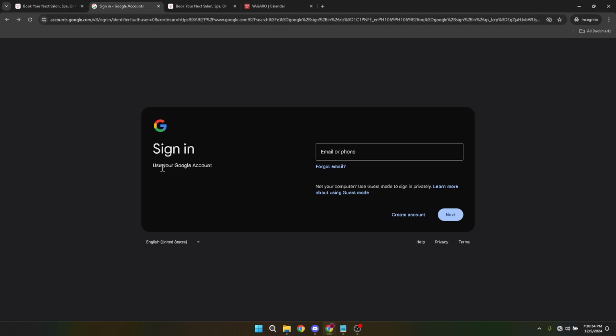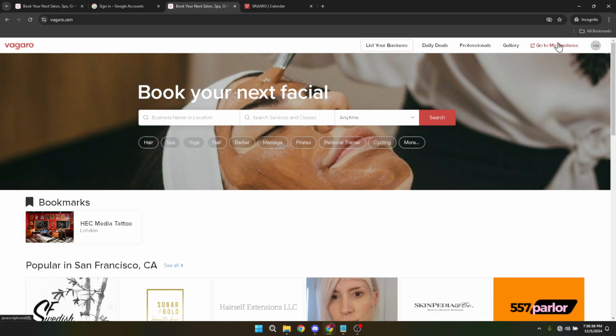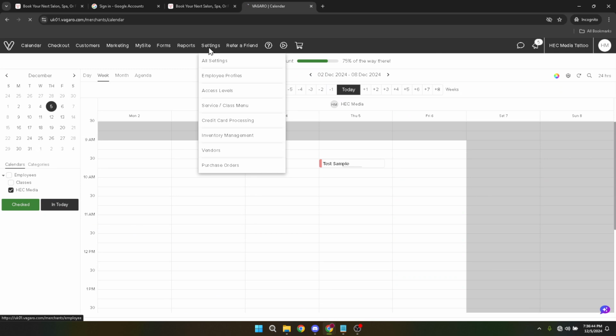Your next step is to navigate to the Go to My Business section. This will redirect you to a comprehensive dashboard where you can manage all aspects of your business. Now let's focus on the discounts. Go into the settings by either using the direct link provided or locating it in your dashboard menu. Within settings, you'll see an option labeled Things We Sell. Click on that. It's where you manage everything you offer, from services to products, and importantly, discounts.